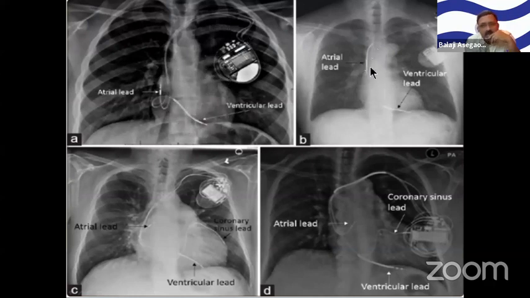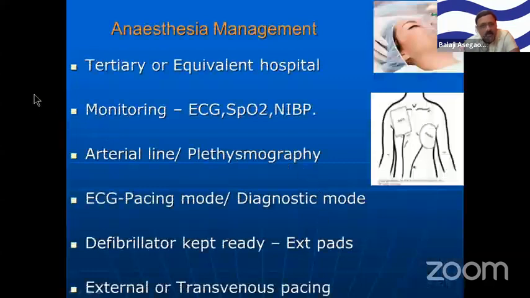In this X-ray, there is single chamber pacing, but with anti-tachycardia function, that is a defibrillator. If you see these two coils, these are for giving a shock. This is cardiac resynchronization therapy. See, this is the atrial lead, this is the ventricular lead, and one lead is in the coronary sinus. There is a dilated heart, which means it is cardiac resynchronization therapy. This is again cardiac resynchronization therapy with a defibrillator attached. So X-ray gives us immense information.